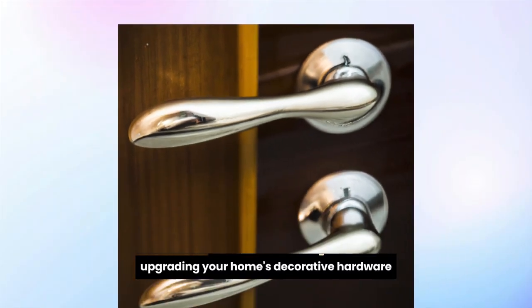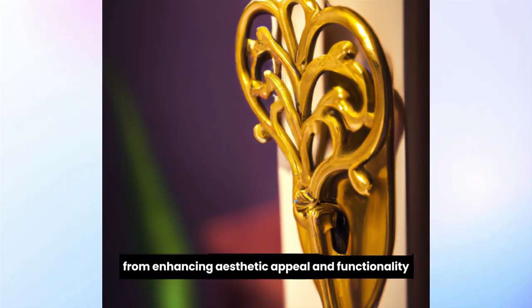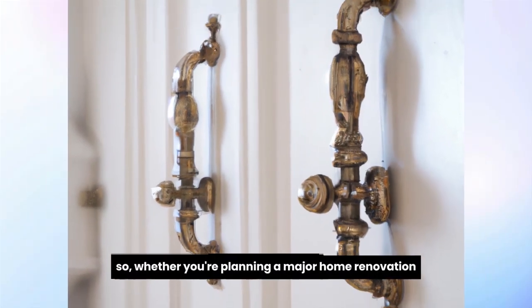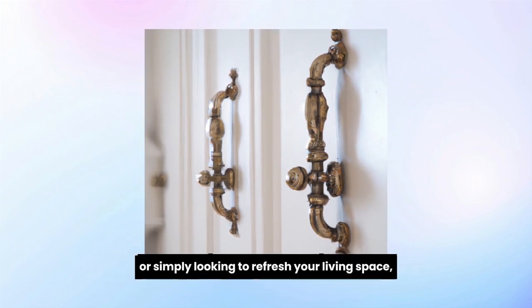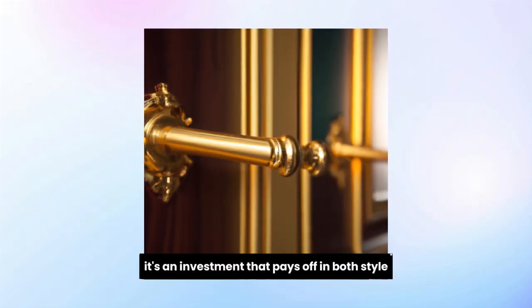Upgrading your home's decorative hardware may be a small detail, but it can have a significant impact on the overall look and feel of your living space. From enhancing aesthetic appeal and functionality to adding value to your home and rejuvenating old furniture, the benefits are abundant. So, whether you're planning a major home renovation or simply looking to refresh your living space, don't overlook the power of upgrading your home's decorative hardware. It's an investment that pays off in both style and